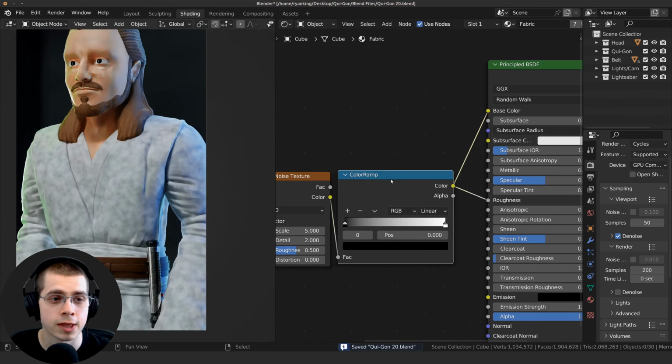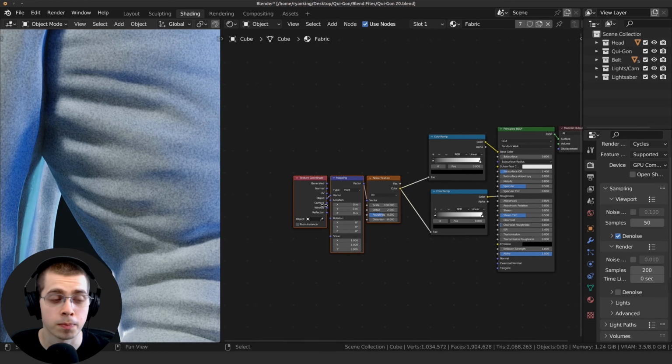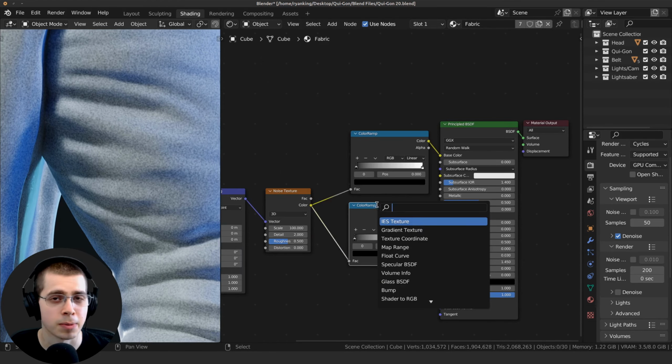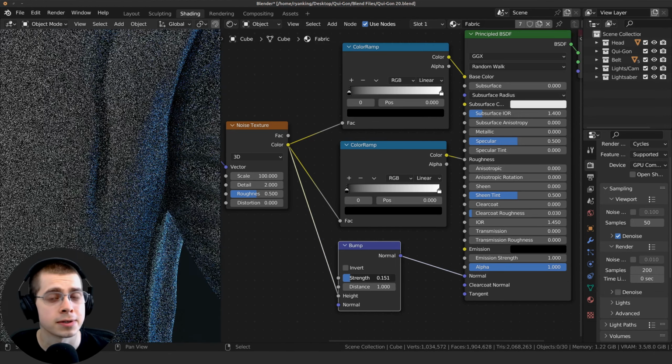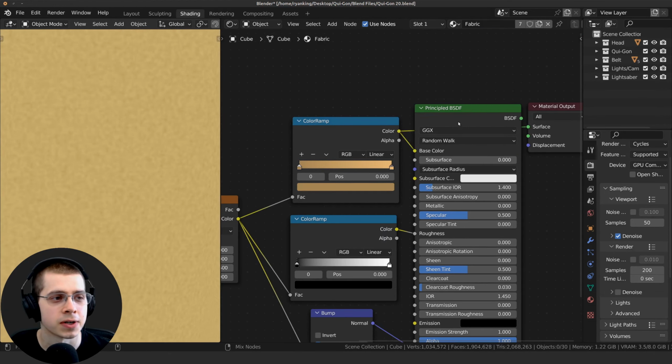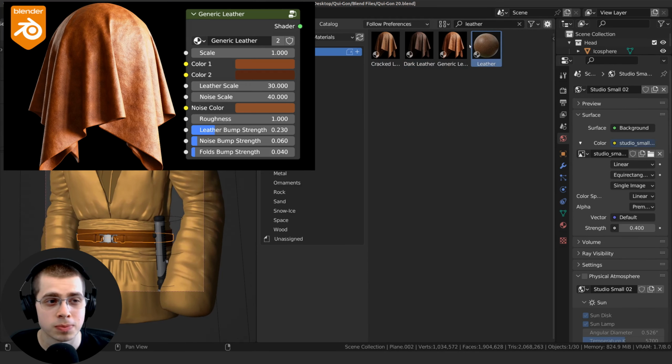And then I started with the fabric material. So I just decided to use a noise texture, and I made the noise texture very detailed and small, and I added it into the normal to give it some bump, and that added a nice little soft fuzz to the cloth material. And then I added a material for the leather belt, and for that I actually used my